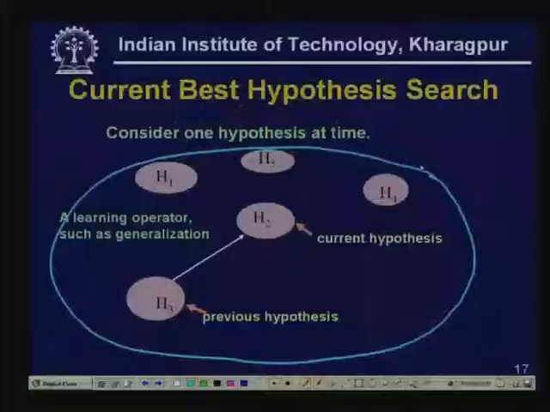One possibility: you consider only one hypothesis at a time, which you call your current hypothesis. If the current hypothesis is not good enough, you choose another hypothesis as your next hypothesis. So, from the previous hypothesis you try to go to a neighboring hypothesis